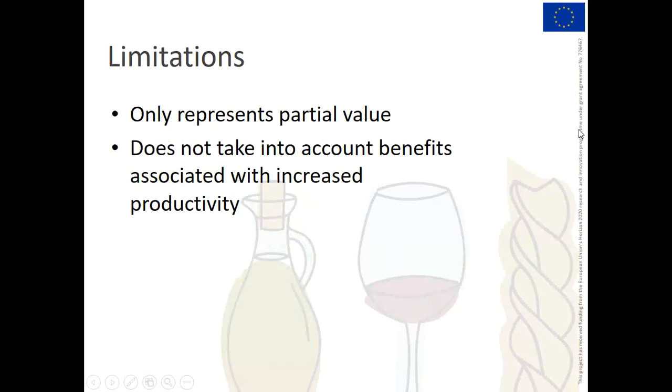So again, as with all methods, there are limitations. And one of the criticisms of the avoided cost assessment is that it doesn't capture the use of climate information and weather information to improve things like production or income. So, for example, it doesn't reveal details of how a farmer might deal with climate variability. So it doesn't give you a complete estimate of the benefits from acting on climate information or weather information. But that's fine depending on what you want to know and what you're trying to evaluate. And this kind of method can also be used in conjunction with other methods depending on what you're trying to assess.